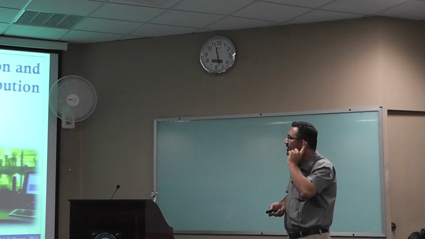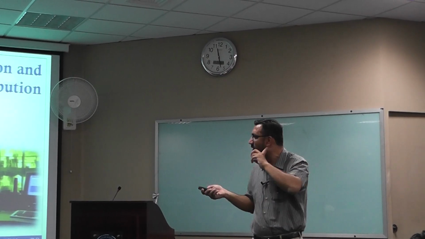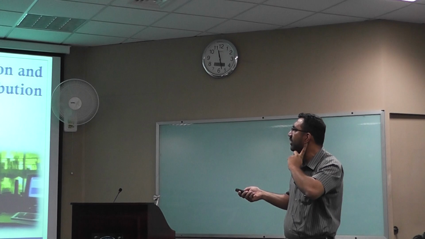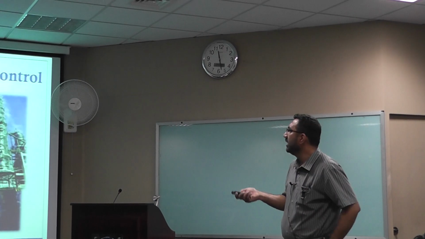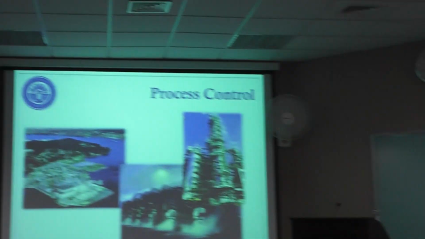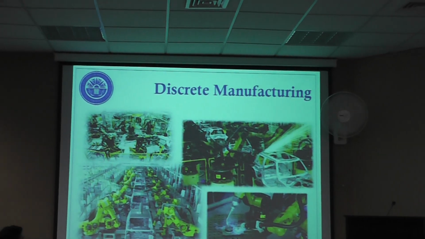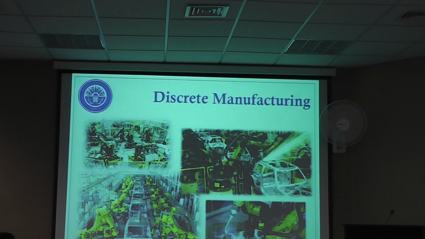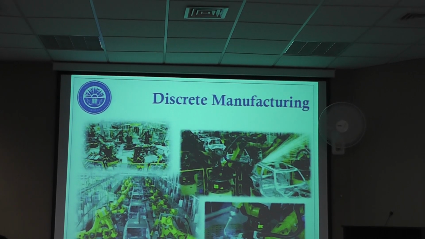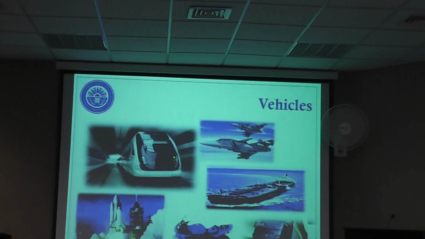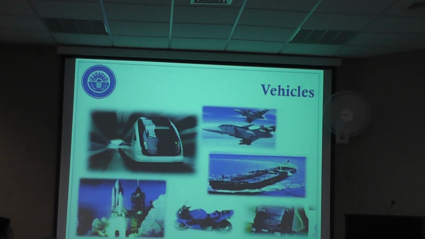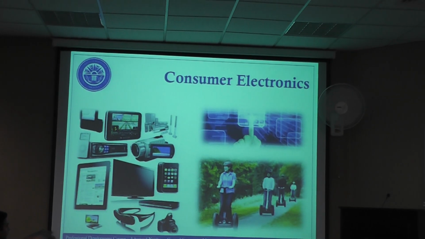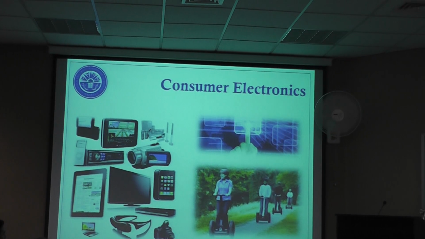Power generation and distribution, just to give you some idea that these are all applications we are all aware of, because we have some control background. Process control, of course, refineries and so many other things. Discrete manufacturing, robotics is one of the biggest clients of control people. And the robotic industry is one of the biggest, and vehicles of all kinds. Then consumer electronics, and